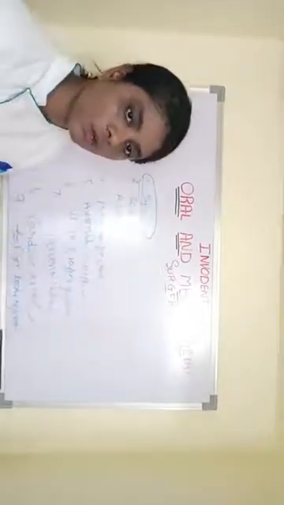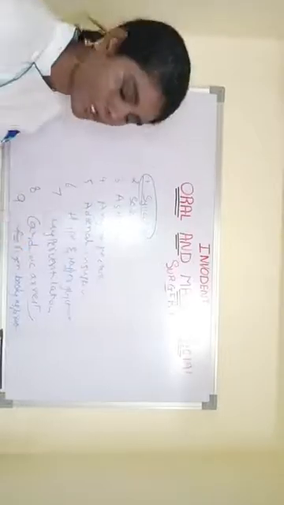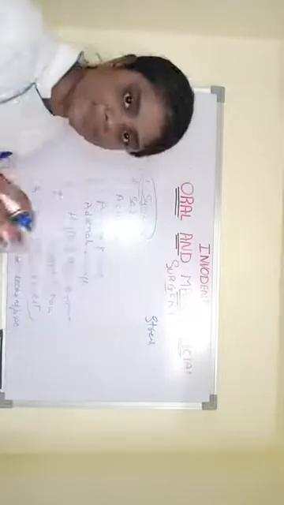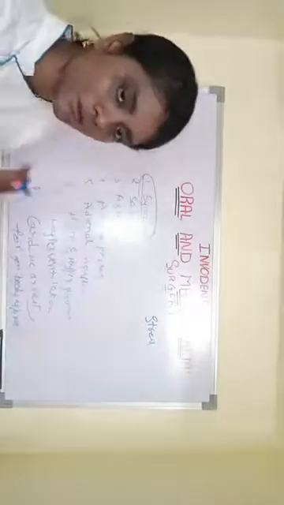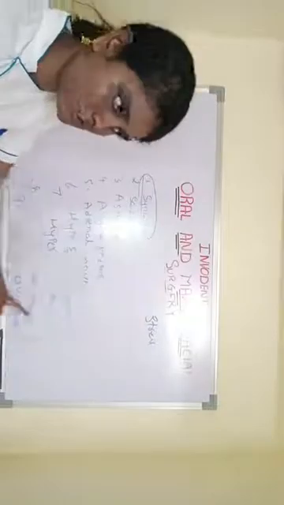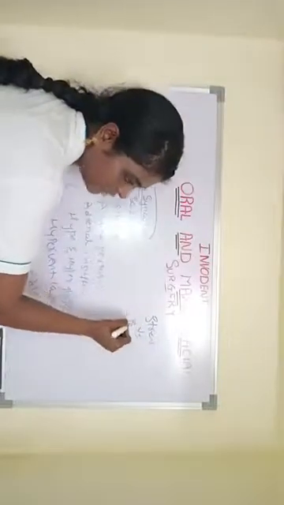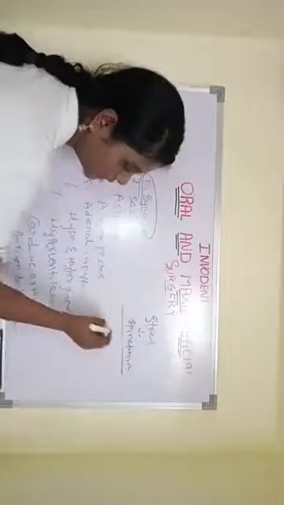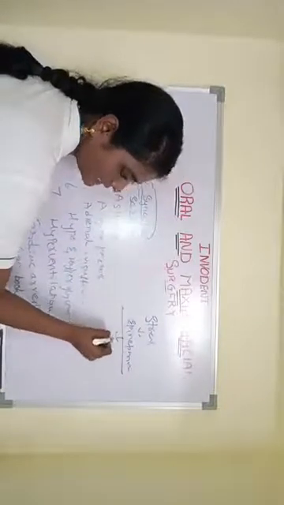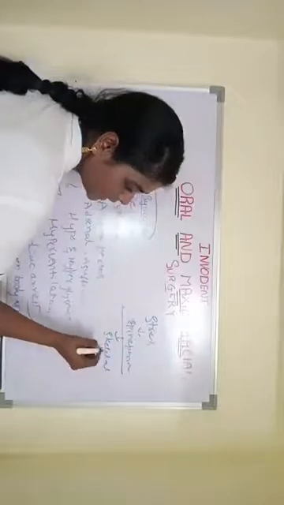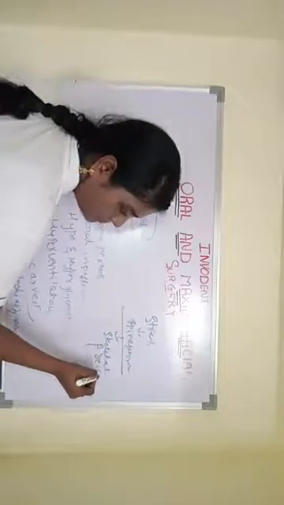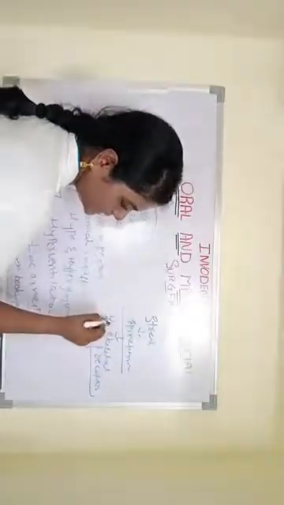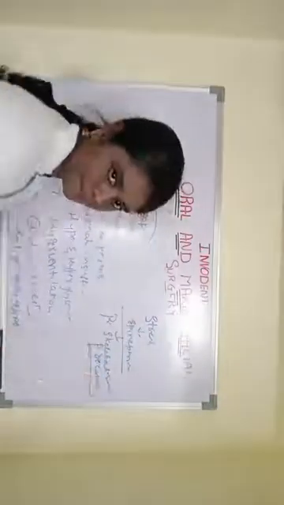What is syncope? A sudden loss of consciousness is syncope. Why is it happening? Under stress. When the patient is under severe stress, there is a surgery that is going to happen, so the patient is having stress. Whenever there is stress, our body releases epinephrine. What does this epinephrine do? This will act on skeletal muscles, beta receptors. Remember, very important. It will act on peripheral skeletal muscles, beta receptors.